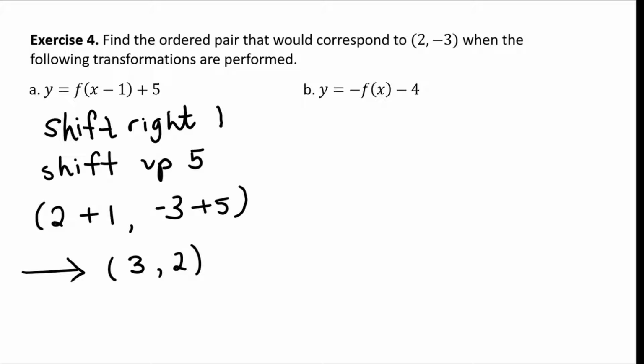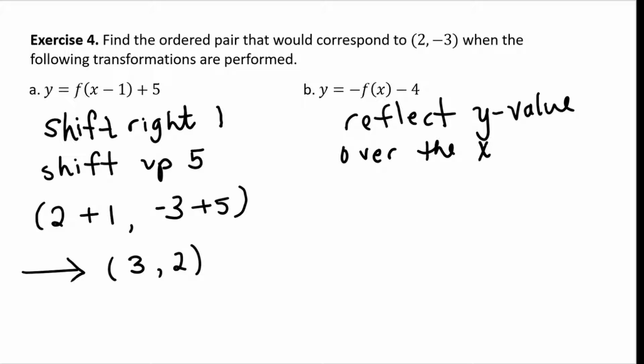Y equals negative f of x minus 4. Now this one actually has a multiplication, and the minus in front of the f of x means that we reflect the y value over the x-axis. If you think about that for a moment, that means you're going to switch the sign of the y value. So doing the first step, the 2, -3 becomes, flipping it over the x-axis, the -3 becomes